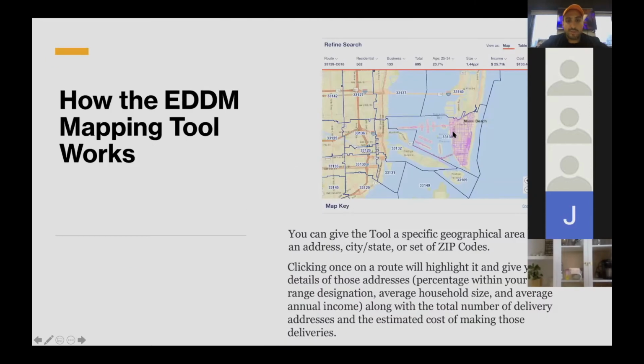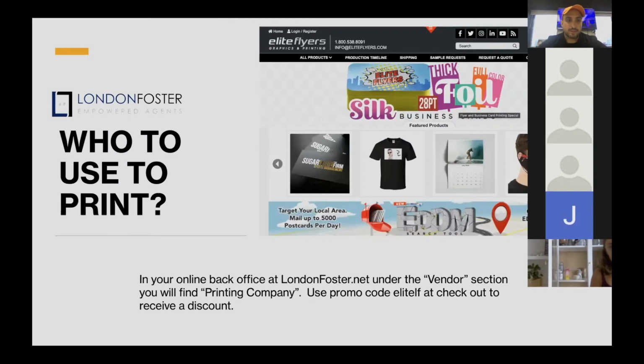And now I'm going to show y'all how to set this up so that after this training, all you'll need to do is create your own flyer postage, and you'll be able to do this exact same thing. So this is just a slide on how to use the mapping tool, but I'm going to actually do all this in real time with you guys right now. And who to use to print, I'll show you as well in the back office right now, who to go to get these postages done. But you can mail up to 5,000 postcards per day. So let me go ahead and